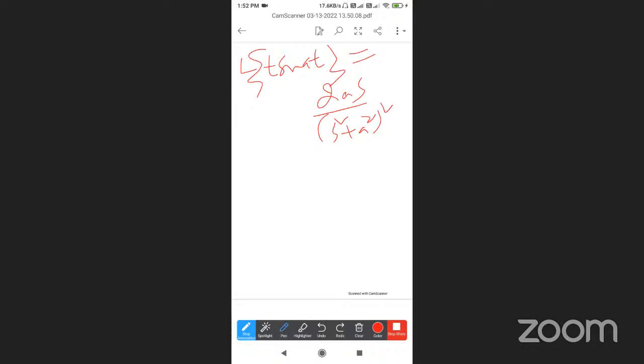Suppose 1 by a t sin at, that is called, inverse Laplace transform of 2as by. So we can find this is inverse Laplace transform of